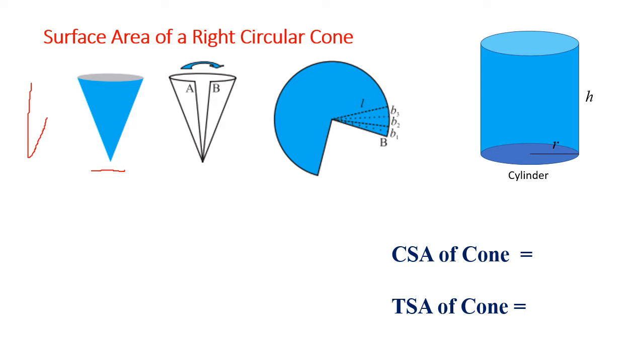I am drawing a right angle triangle. I am first drawing a right angle triangle at 90 degree. Now, I fix this point here, fix this point, and I move the triangle. So I move the triangle, it will go round and come back to its place. So when the triangle moves the whole round and comes back like this, the area it has occupied turns into a cone. So this is how a cone looks like.